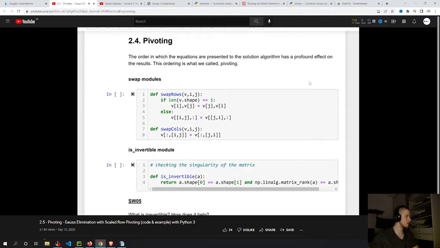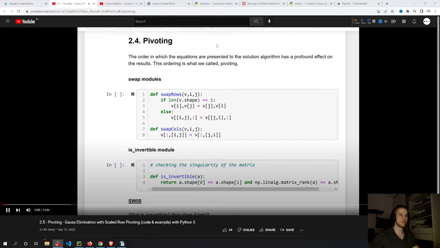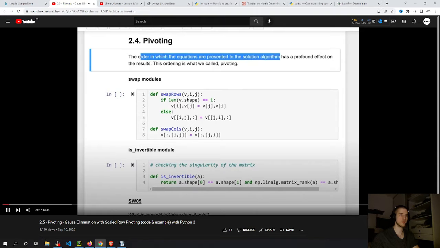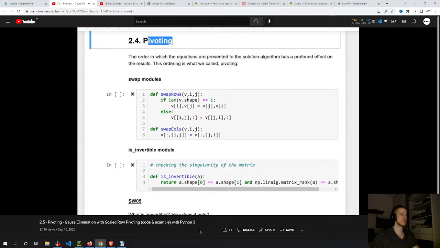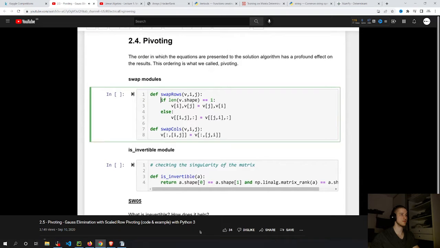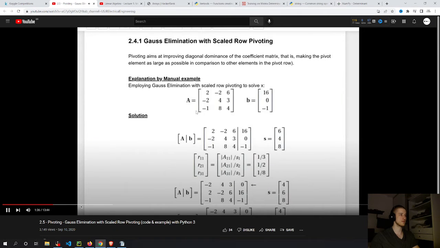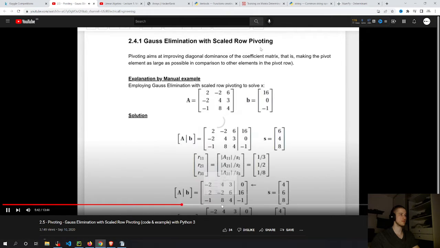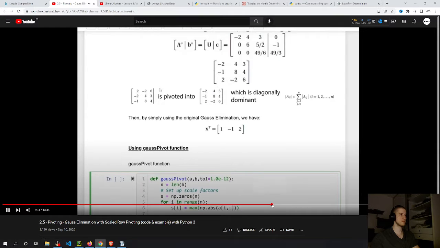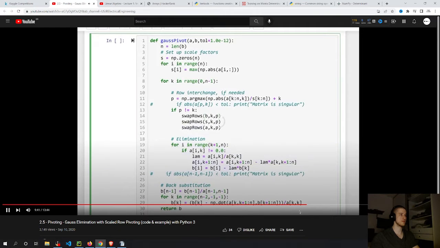The direct method for solving simultaneous linear equations, you will notice that the order in which the equations are presented to the solution algorithm has a profound effect on the results. This ordering is what we call pivoting. Okay, so we're going to discuss pivoting. Very simple, we just simply use swap modules. So you have this function here, swap rows, swap columns, and what it does is swap two columns. In this case, two rows. So if you have the first and second, you want to swap, okay, you can swap it. Then you will know that some problems or given you have the old that still the same, identical. Okay, so these two, the elimination, which is quite much time we get the